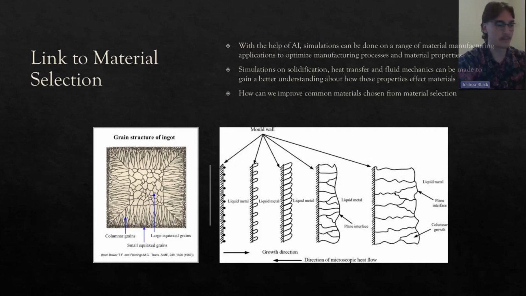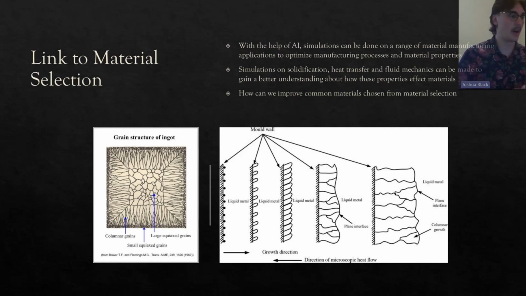Well, as I mentioned before, machine learning is all about prediction. And if we can use machine learning as a tool to predict how something is going to evolve, say a microstructure evolution in this bottom picture here, like casting, if I am able to predict how that microstructure is going to evolve if I cast it, then I can try and see, okay, what can I fix? What can I change about the simulation to make smaller grain sizes, to make less dendrites, to make more equal